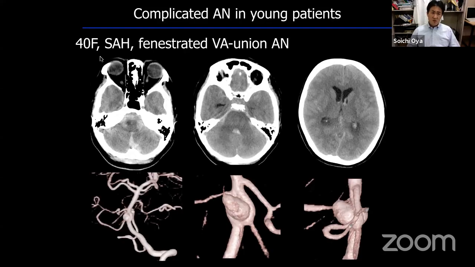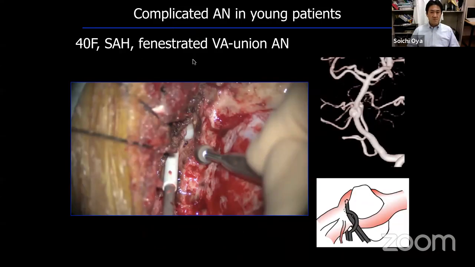This patient was a 40-year-old lady who had subarachnoid hemorrhage due to a ruptured VA union aneurysm here. This aneurysm projects anteriorly and posteriorly and is a very complicated aneurysm. It's not easy even for an endovascular surgeon to obliterate this aneurysm. So we chose the direct surgery